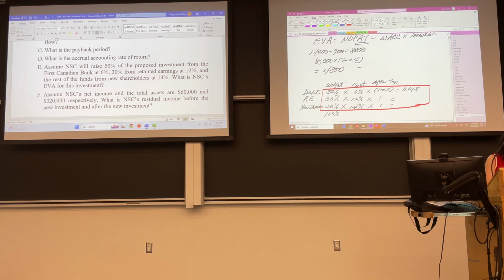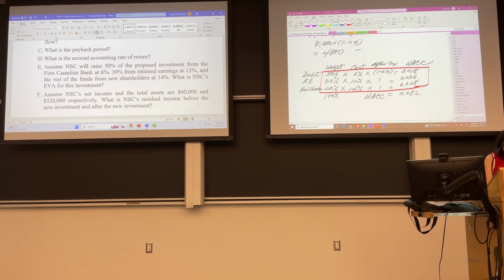The other one, 0.036. Then 0.028, 2.8%. Altogether 0.082. This is WACC. So you don't take the three rates and divide them evenly, no. It depends on the weight of each source. So 8.2%